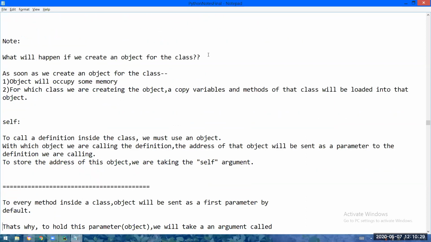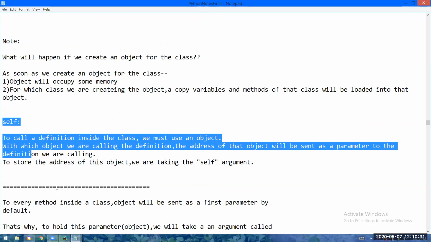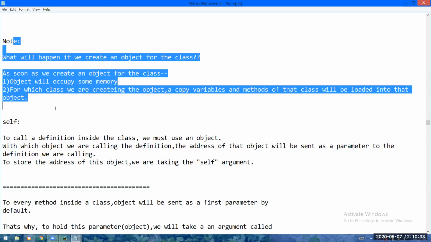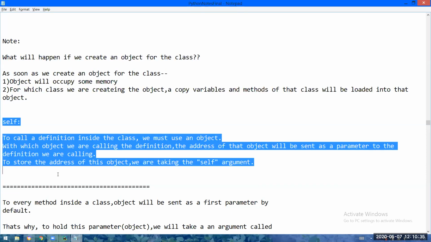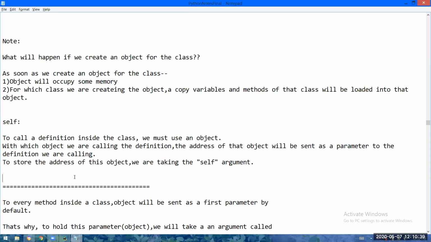I will tell again, not at all a problem. Before I tell something, I'm asking you to read these two points again: what will happen if we create an object, and what is self? Take a minute, read this, and I will tell the complete program again.